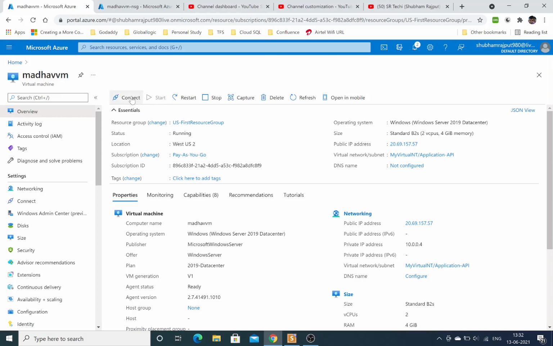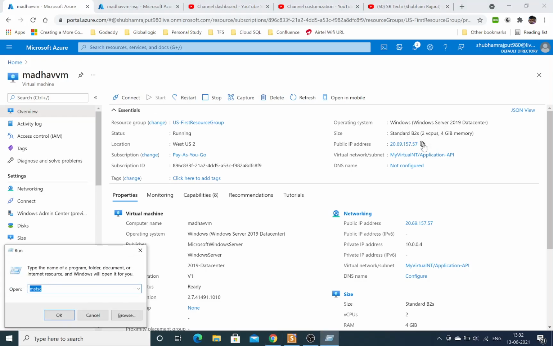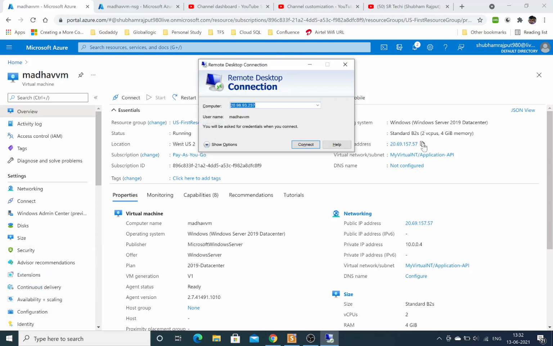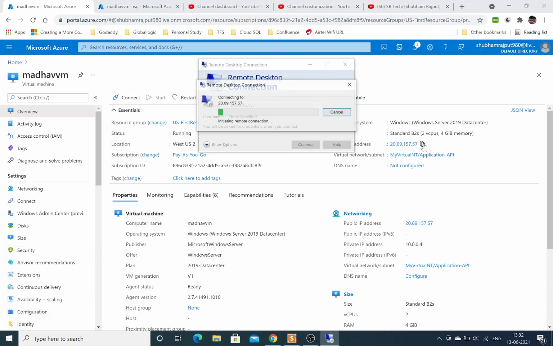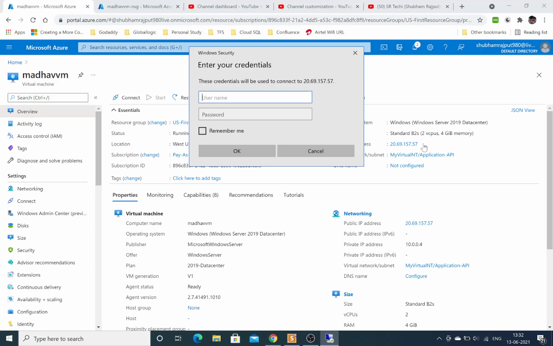Yeah, it is running. So connect to it by copying this IP address, open MSTSC, type this IP, enter it, type the name of your machine and password.